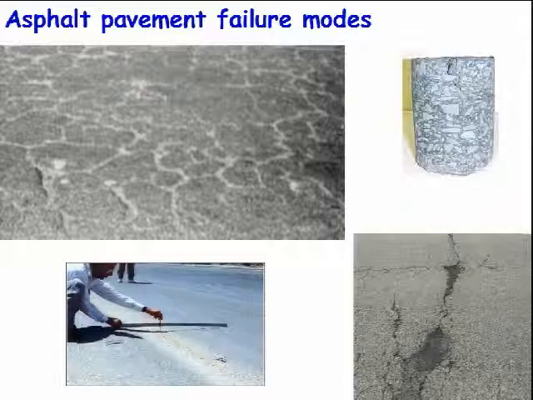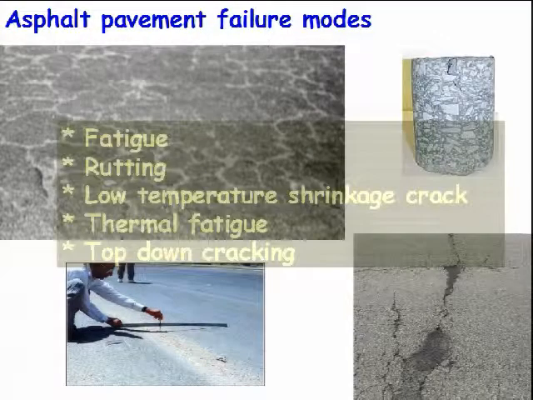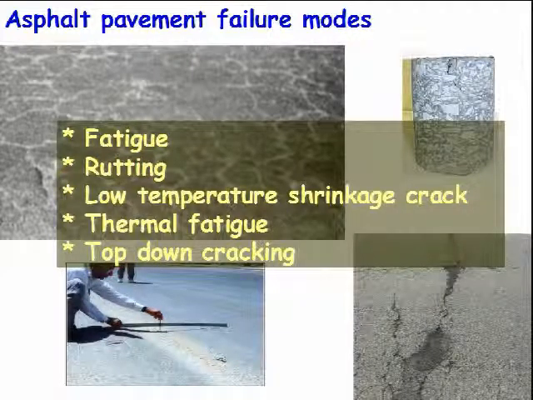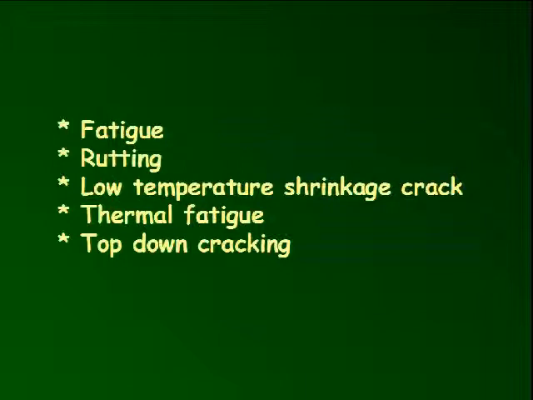But then I would like to zoom the story out further, because if you have noticed, I have only discussed the fatigue and rutting, and that's not all about the pavement failures. At least if you refer to the NCHRP documents, it will say there are at least 5 such failures, and therefore I need to expand the scope of my approach to the other failures: fatigue, rutting, low temperature shrinkage, thermal fatigue, and top-down cracking.